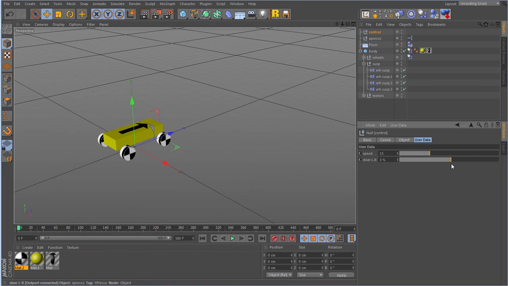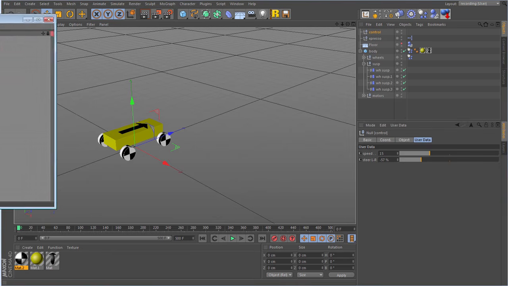Now obviously you could keep resetting back to straight ahead every time you wanted to fiddle around with your little scene. But the best way to solve this problem of the wheels being on straight ahead at the animation start is just to add a little bit of espresso. So the espresso I'm going to add to this scene is I'm going to say that for the first 5 frames of the animation, that should give the car a chance to settle down, the steering is going to be on straight ahead. Then after 5 frames, it can be whatever we've got it set on. So it's just going to automate this setting the steering to 0 business. And here's how you do that.